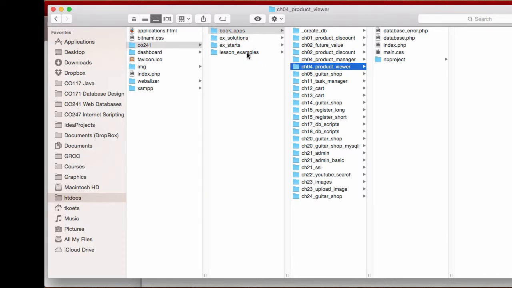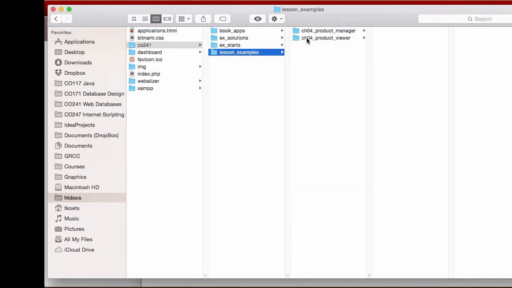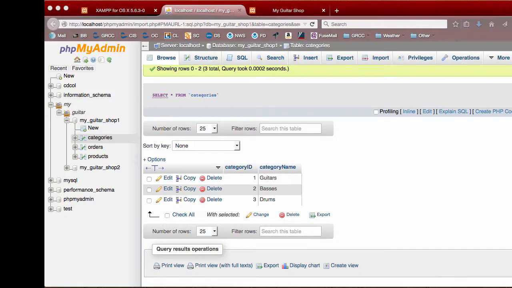Now I created a folder called Lesson Examples, as you can see here, and I put the two in it. I just basically made copies of the folders because I wanted to make a few changes to the files and show you a couple things by formatting them differently. So I did that, and those are here under Lesson Examples. And what you can do is you go to your browser,